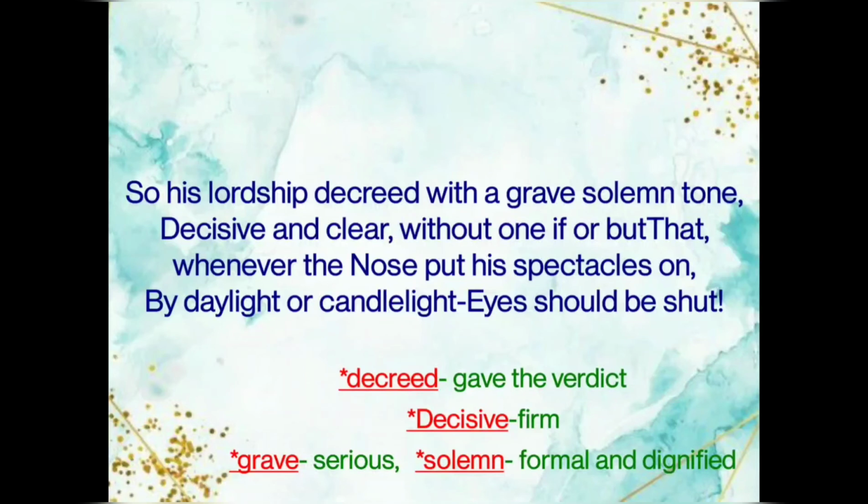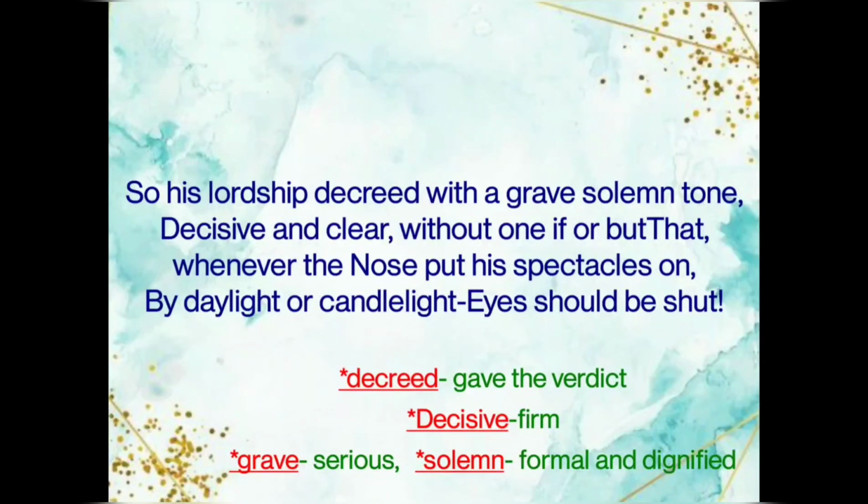Moreover, it stated that whenever the nose put on the spectacles, whether it is daytime or night, the eyes should remain shut. So this was the end of this unusual, strange contest and case. And here we can see how the judgment was so nonsensical, that it was in favor of the nose,